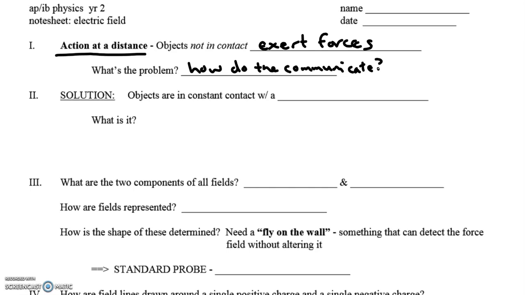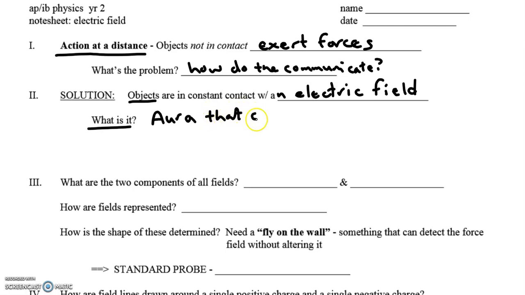So the solution is, again, this idea of a field. Objects that have mass, or in this particular tutorial, objects that have charge, are in constant contact with an electric field. The key word here is field. It's something that emanates. So what is it? I'm not going to give you super scientific. I like to liken it to an aura, something that surrounds the charge, that radiates out in all directions. It's not material. And what does that aura do? It communicates